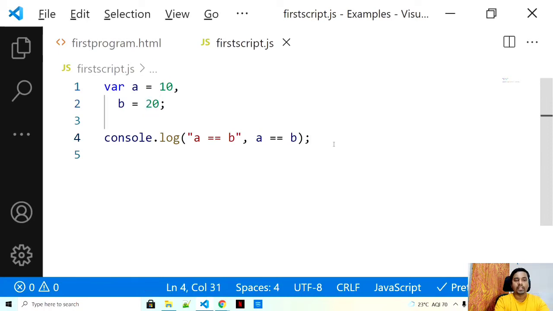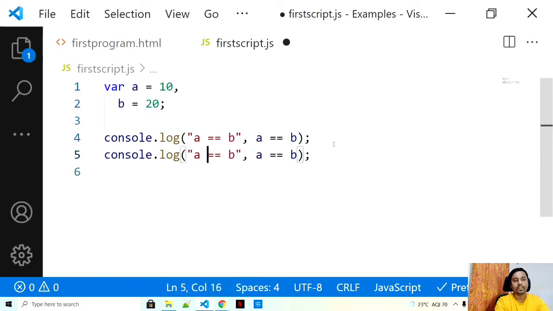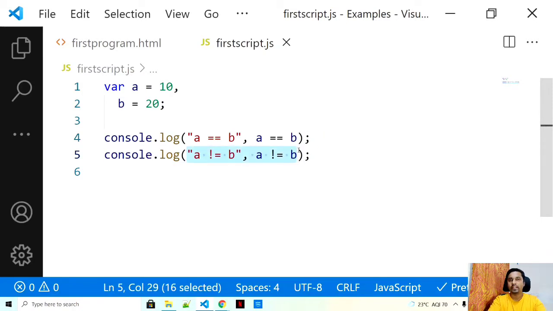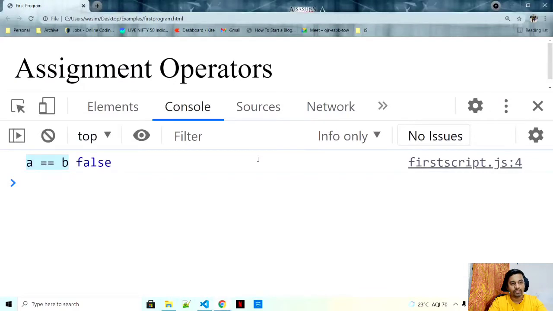But if I do the same thing, let me just quickly change the question. Let me ask this in a simple English format: is A not equal to B? What do you think the answer would be? Correct, it's not equal to B, right? So the answer would be true. Refresh. See, you just ask it in a simple English question and you'll get your answer directly.